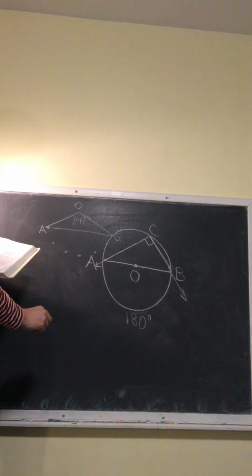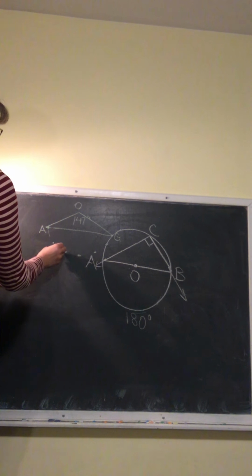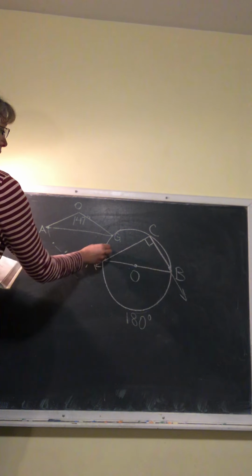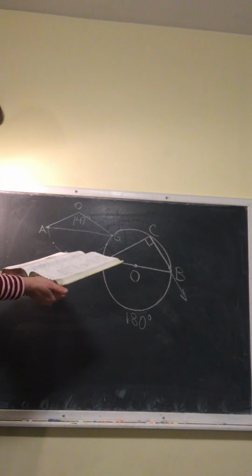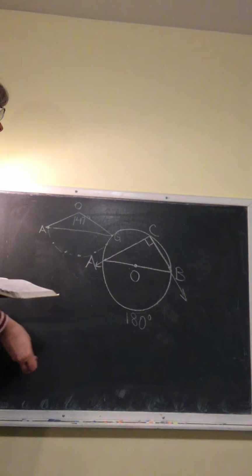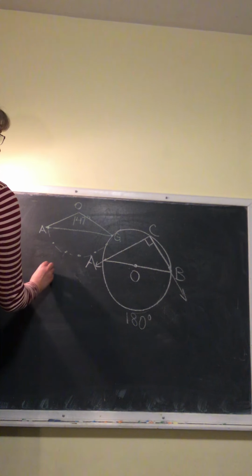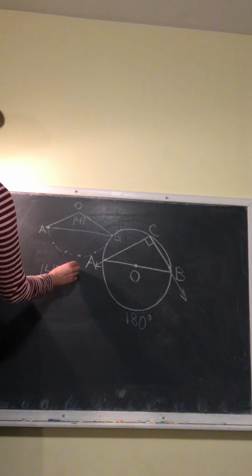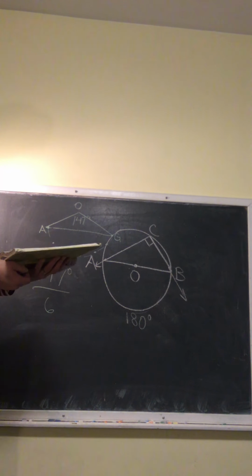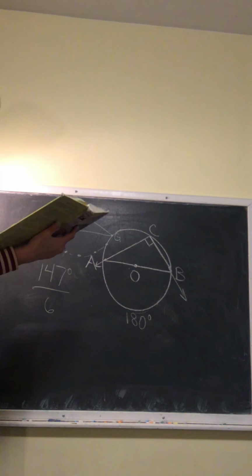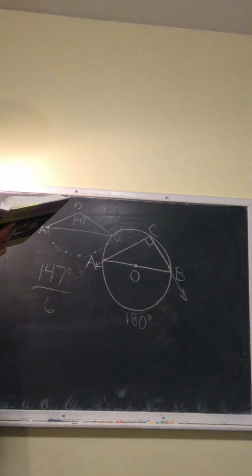So how many arcs do I have here? I have 1, 2, 3, 4, 5, 6 different arcs, and 147, that's the measure of that central angle, divided by 6 is 24.5 degrees. You can punch that into your calculator